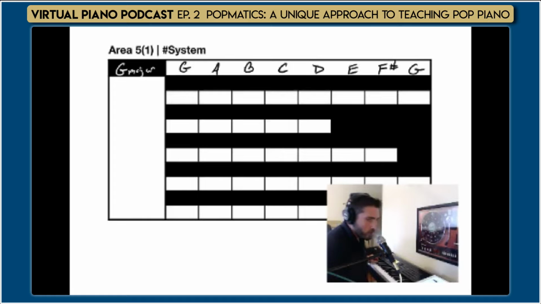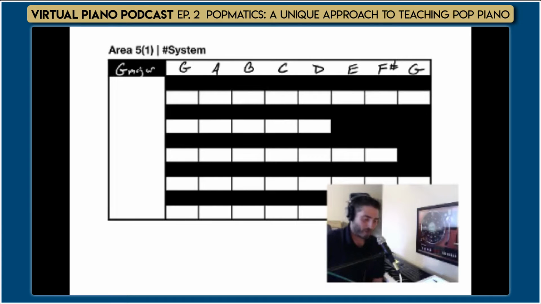I always start with 1-finger scales. I want them to see the shape of the scale. I don't think a lot of people do that right away. If you're using proper fingerings right away, you're more focused on the fingerings and not so much the shape of the scale. So I always love to start everybody with 1-finger scales, and then tracing the shape, dragging their fingers across the keyboard, touching but not pressing the key, and sometimes even closing their eyes and just drawing that shape in the air. Because with the C major scale, you don't really have to do that.